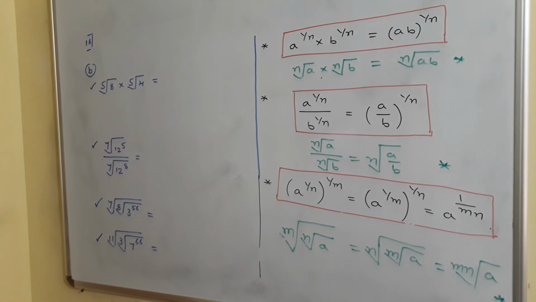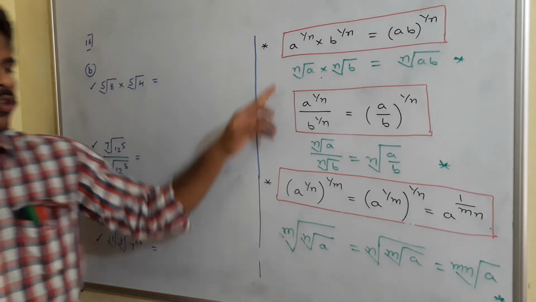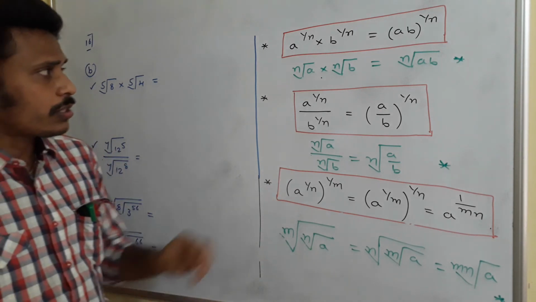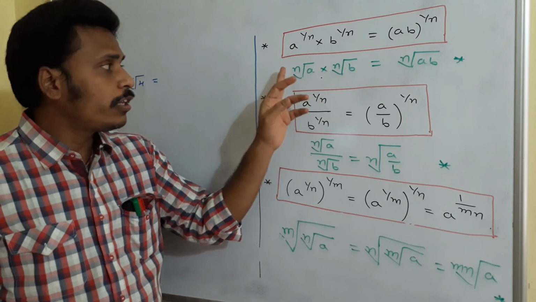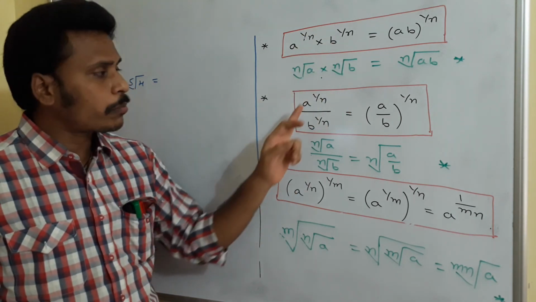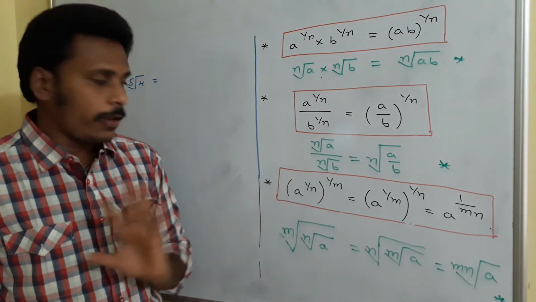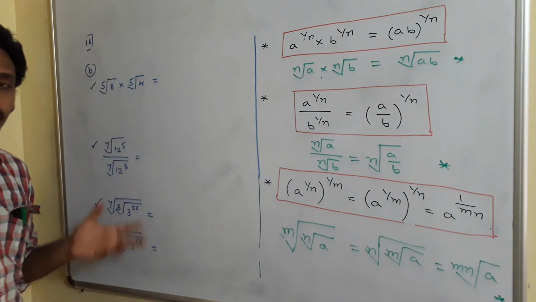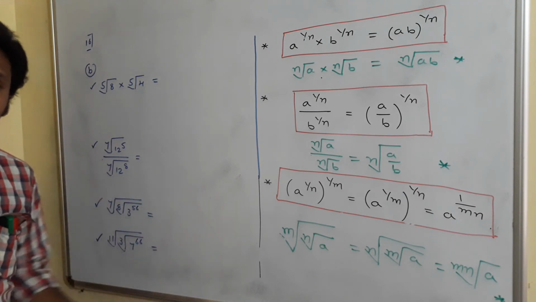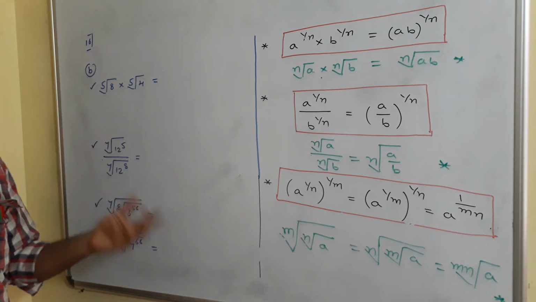So now here we have some simple problems related to these laws. Once observe, this law is acceptable only if this n, this power, is the same, and this law is also acceptable if the power is the same, 1 by n. I mentioned it here in terms of nth roots, and I have a chance to express this in terms of exponents with powers also.